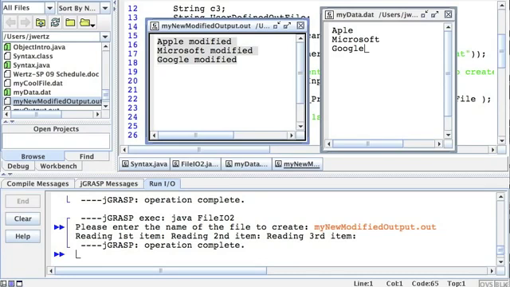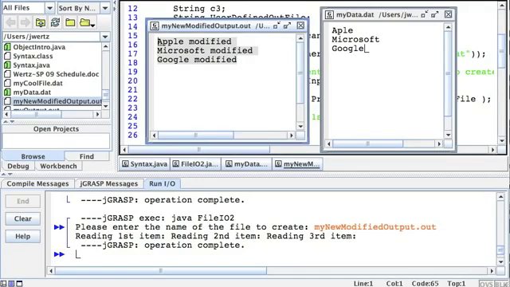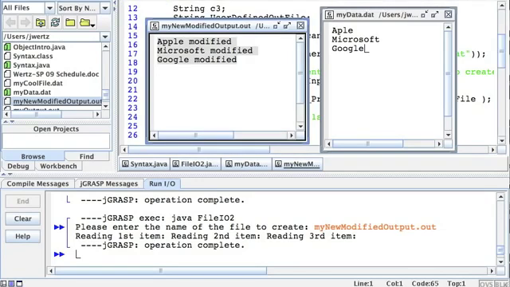Would this be great for a word processor? No. Is this cool for some high scores in a video game? Sure. Is this a quick way to save some information about your model car collection? Probably. And then there's some more creative ways we can actually play with this data. We may or may not get a chance to look at some of those this semester. But one of the things to check out might be comma-separated value files. You're basically